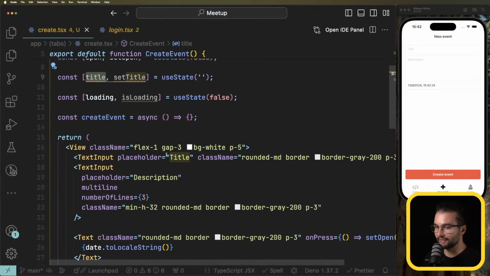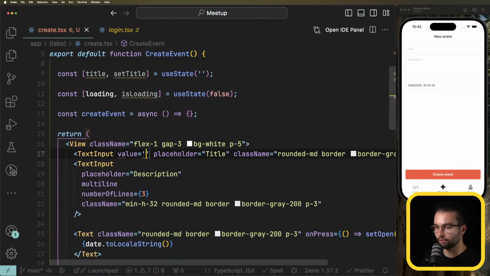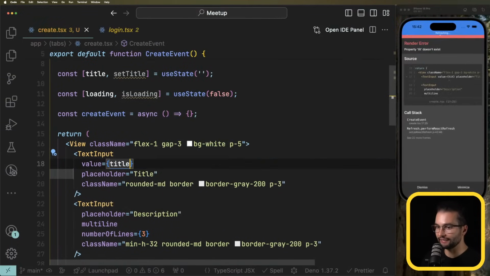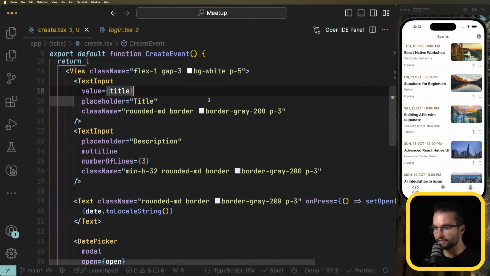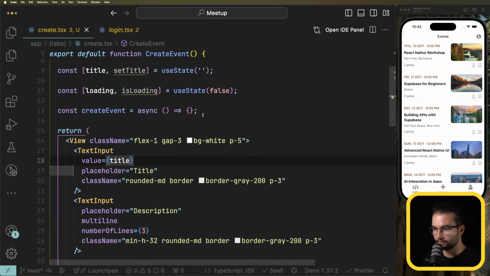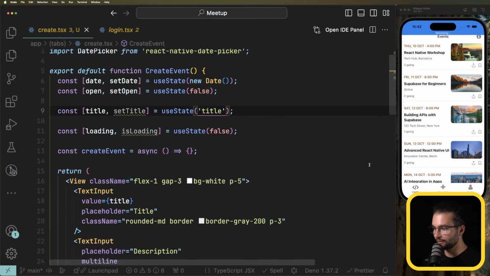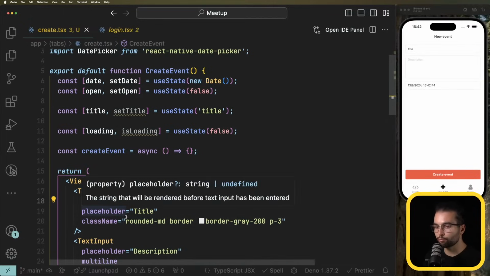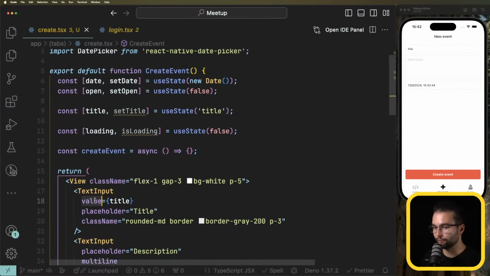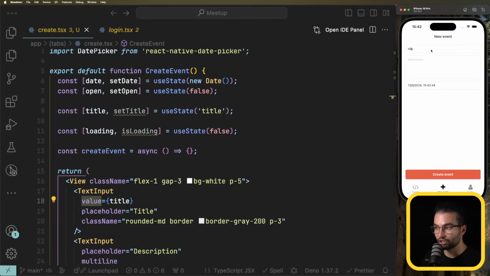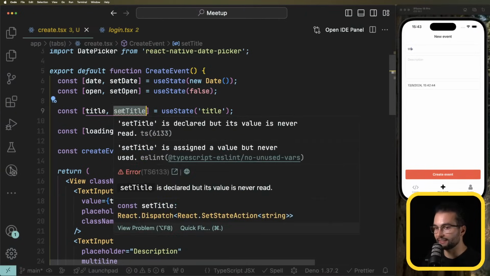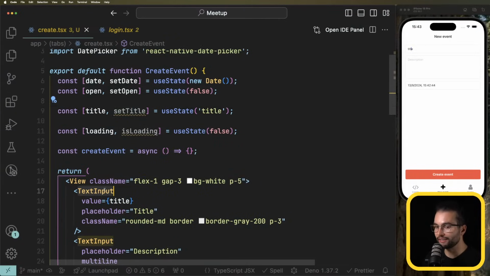Now the title state, we're gonna say that, hey, input, your value, you should always display the value of my title state. So here I'm gonna say, in the state, title, and it's going to be displayed in the text input, because now if we send the property value, the text input will always display value. And if I try to change something, it's going to come back to the title, because it will display the title, but we never update the title. We never call the setter. When do we call the setter? When the text input